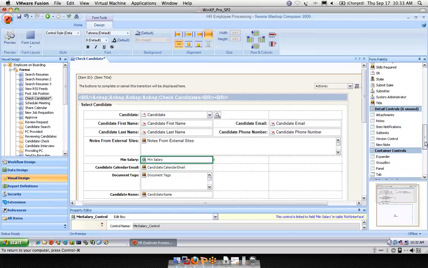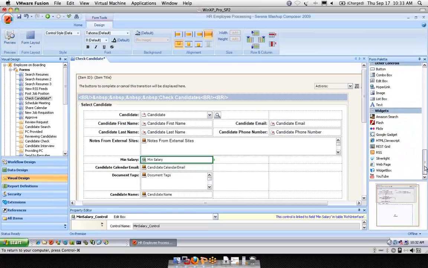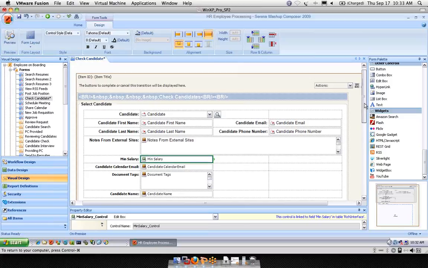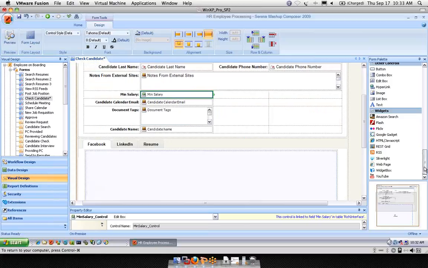Now let's look at one more thing while we're right here. As you saw in the browser UI, we were looking at information from Facebook and LinkedIn. We have the ability to grab widgets from all sorts of web properties, and you can just drag and drop them on and configure them to get information from any of these sources, as well as very easily connect to other systems via web services, either SOAP-based or REST-based web services, and just quickly connect things so you could be